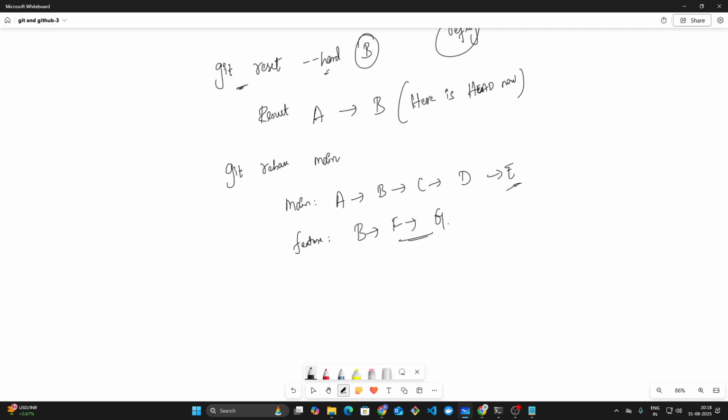So the result will be: coming to main, it will be A, B, C, D, E. Coming to the feature branch, you will have F and G only. Notice F and G got new copies. You can see I am not using normal F and G, I am using quoted ones, because